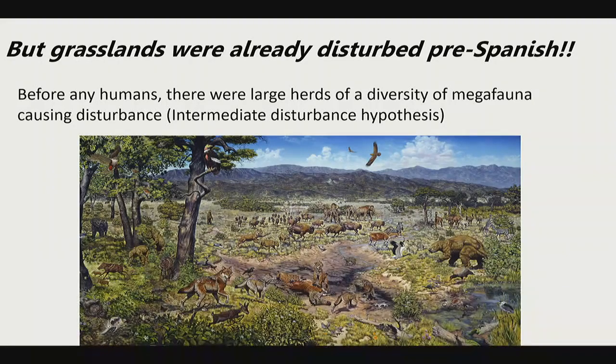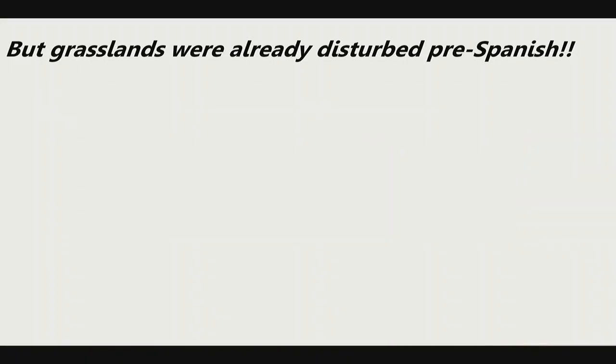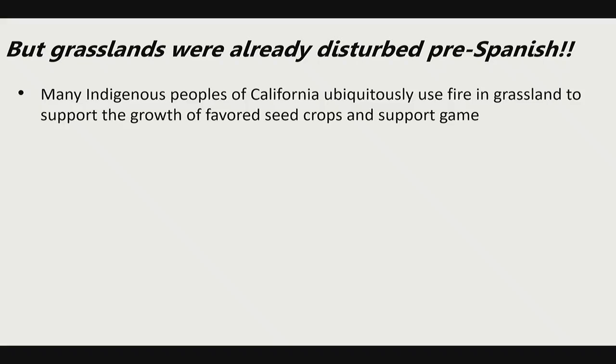And it's not just things like megafauna grazing, right? There was quite a bit of fire. You guys may have heard about this. Fire is a very hot topic, so to speak, in California right now. It's not to make light of recent tragedies, but fire management has been really at the top of ecological conversation for the last 20 years or so, right?